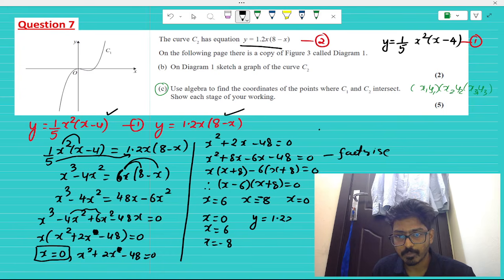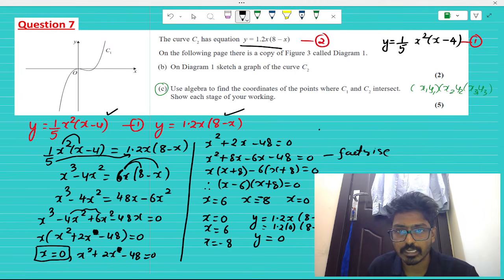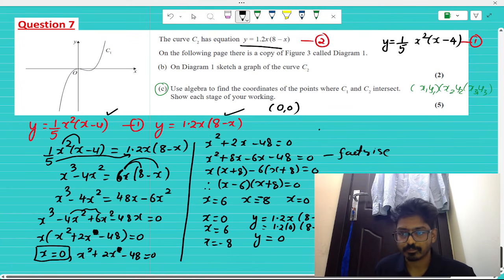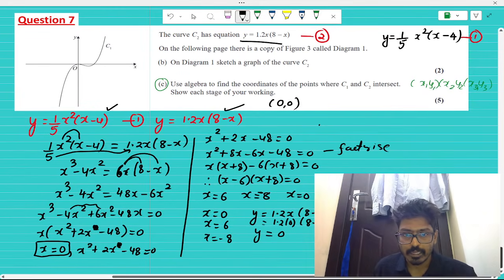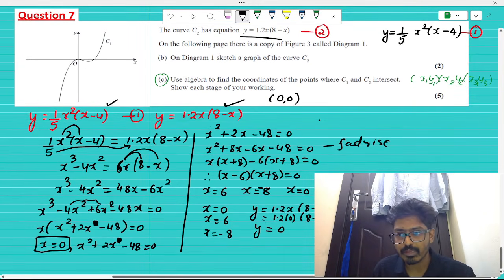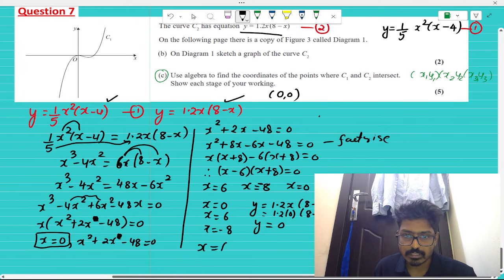So 1.2x times 8 minus x, and substitute the value: put the value of x as 0, and 8 minus 0, that will give you 0. So when x is 0, y is also 0. So we got our first coordinate, which is going to be x is 0, y is also 0. Now substitute the value of x is 6. When x is 6, y is going to be 1.2